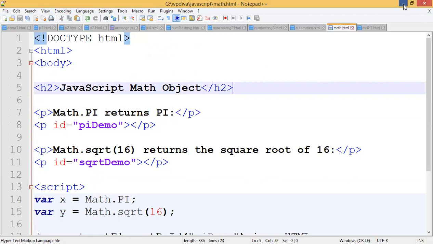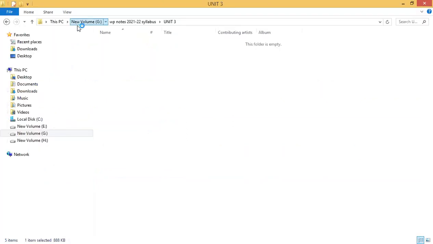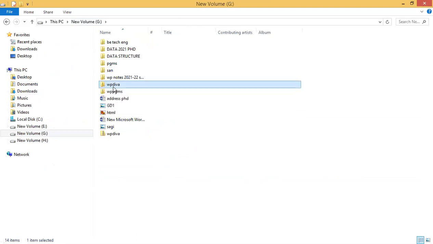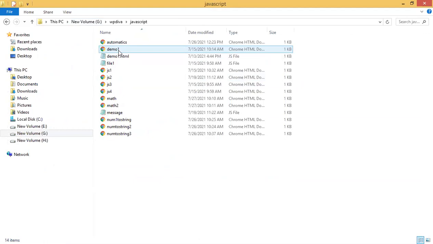Now let me run that for you. Let us execute that. You can write any one example for Math objects there. I have created one folder called JS, and I have stored it as math.html. Whenever it takes this screen like this, let us have a match of the screen here.